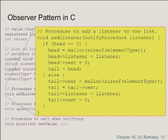So the else branch is if there's already something on the list, then again we allocate some memory, stick it on the end of the list by just using the tail pointer, update its next field, then set the